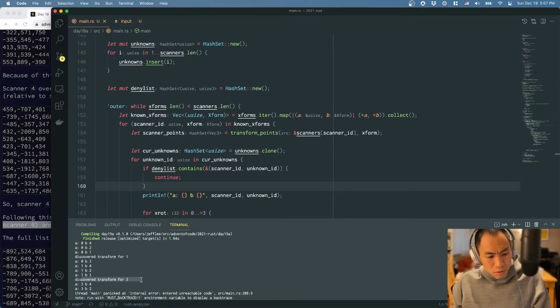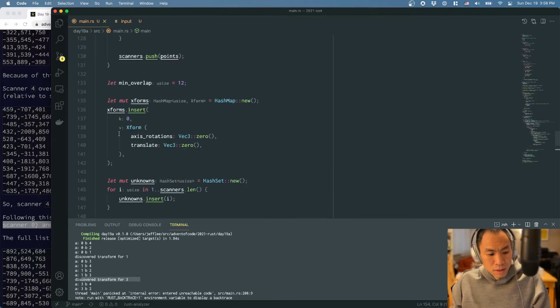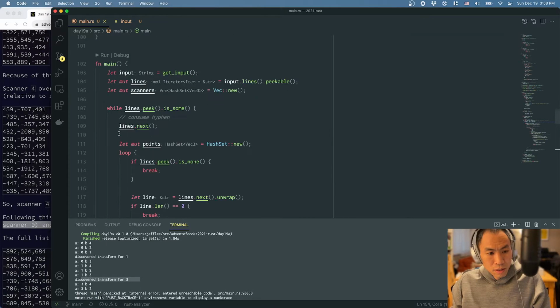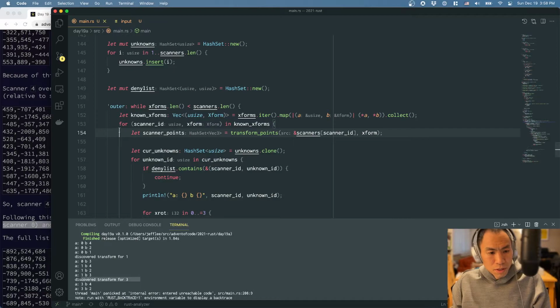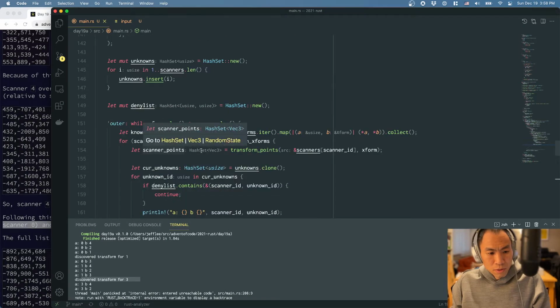So we discovered the transform for 3. And where am I sticking the unreachable? It's right there. It's almost as if this unreachable is not happening at the right time, or this continue is not doing the right thing that I want. Continue outer should just jump out to over here. So let me just